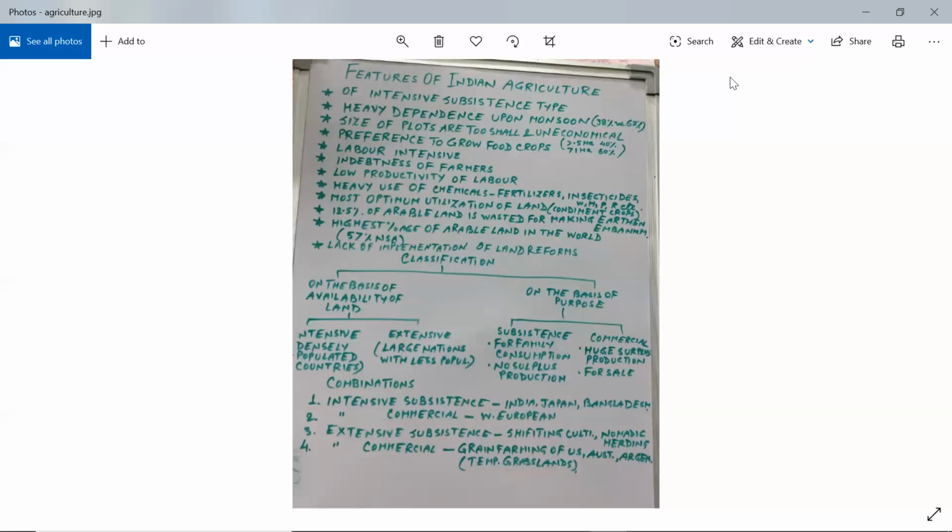After wheat, another important crop is corn, which is grown primarily in South Africa. Then another very important crop which is grown in prairies, that is oats. So these are some of the grains which are grown in extensive commercial type of farming. It is capital intensive, huge amount of money is invested, it is performed using machines.